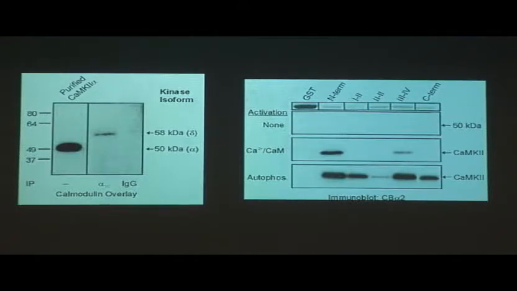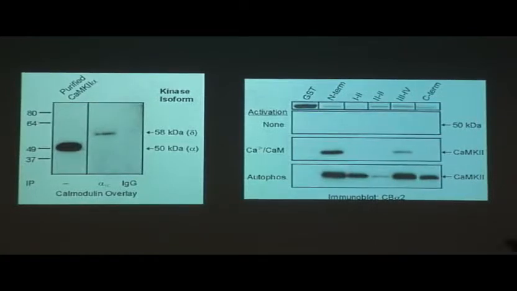And what we also found that was interesting is that the association depends upon the state of activation. So here are fusion proteins corresponding to the intracellular loops, the same ones that I just showed you for the in vitro phosphorylation assay. And what you see is that when the kinase is not activated, we were unable to pull down any CaM kinase II. When we activated the kinase with calcium calmodulin, we saw association with some domains, in particular the N-terminus and the 3-4 linker. And then when we autophosphorylated or activated the kinase, then we saw association with a bunch of other domains. So it looks like there's a state-dependent association with different domains of the channel, which may be important for its activity.